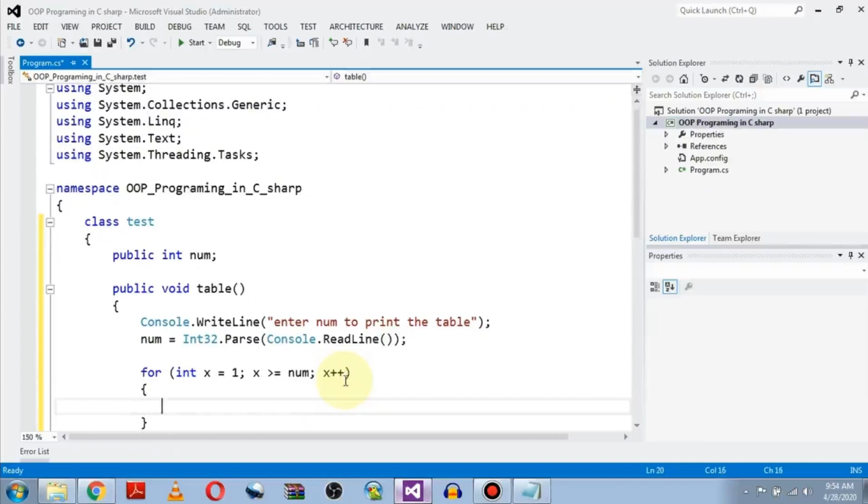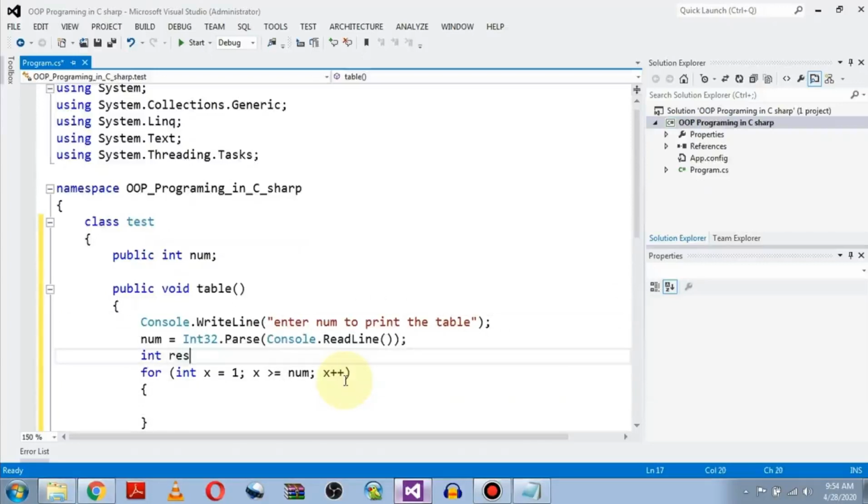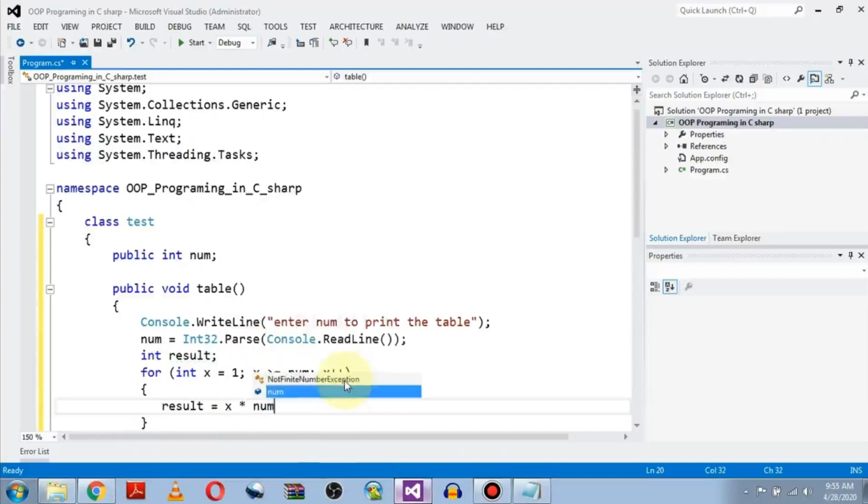So here we will be calculating the table. Let me declare another variable, integer result. Result is equal to x multiplied by number.